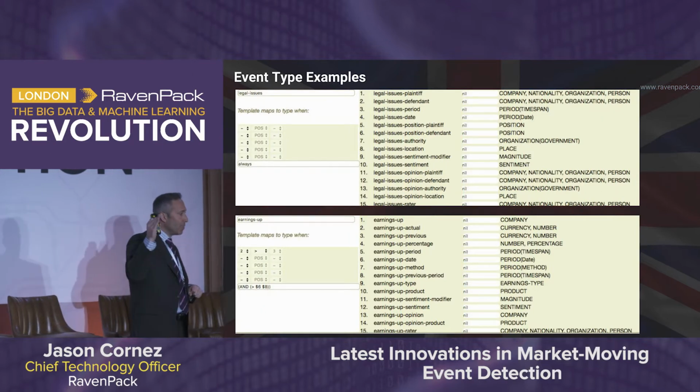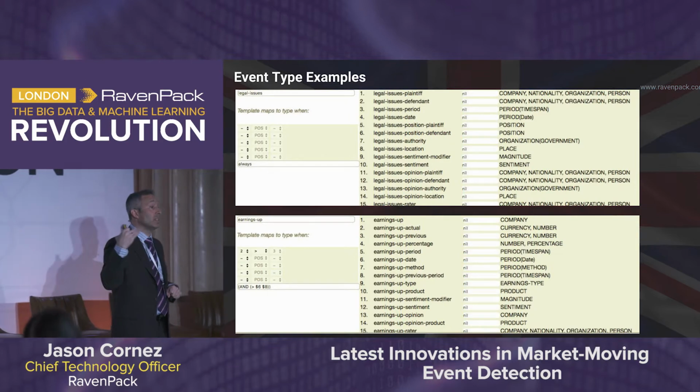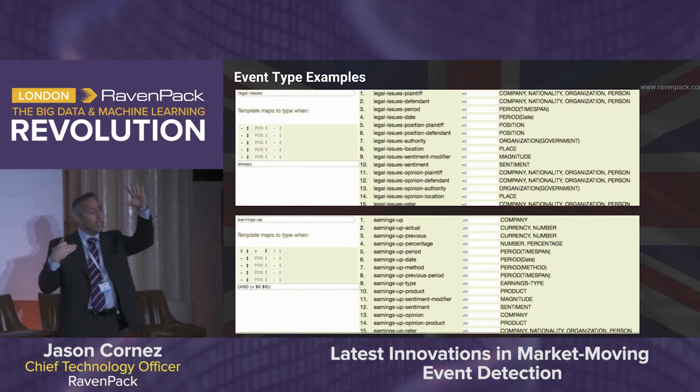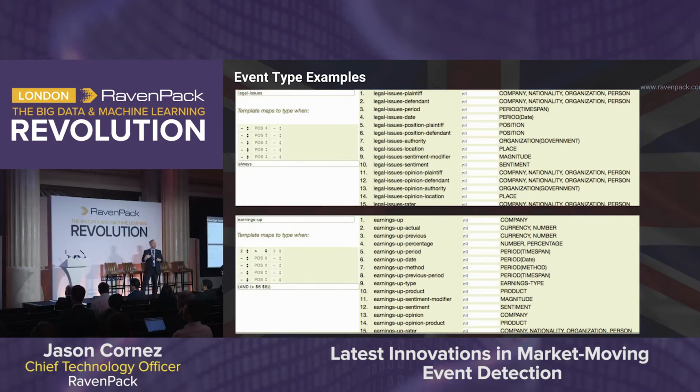Then there's the date of the legal action. There's positions there, in other words, is this legal action against a CEO or a CFO, things like that. A variety of roles. The second one is earnings up. And this one has a condition, which again, you're not going to be able to see, but two of the fields for earnings up are the actual earnings and the previous earnings. And for this event to match, actual has to be greater than previous, which of course is obvious,